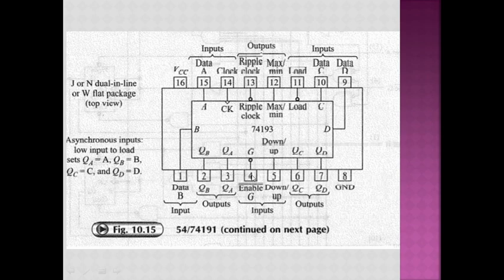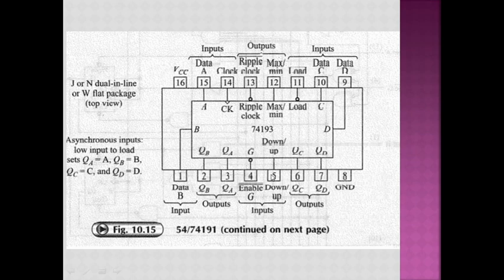This is an enable signal. This is enabling the counters. That means this chip is enabled or disabled using this pin. This is also active low. That means when pin number 4 is active low, only then is this IC activated and does it start working. Otherwise, whenever it is high, the IC is deactivated.